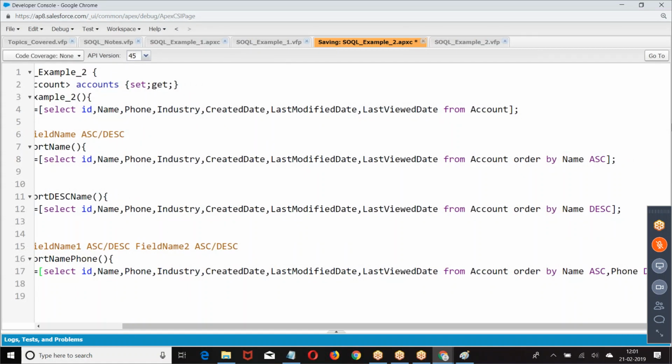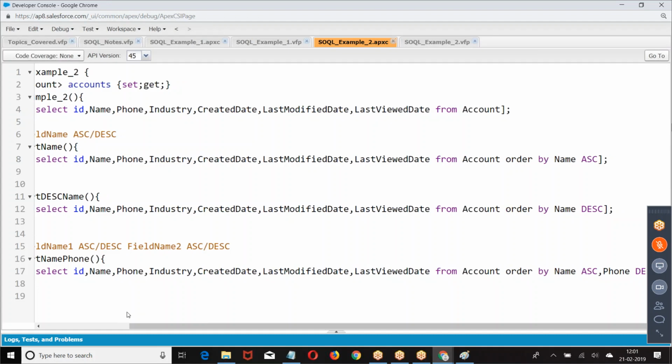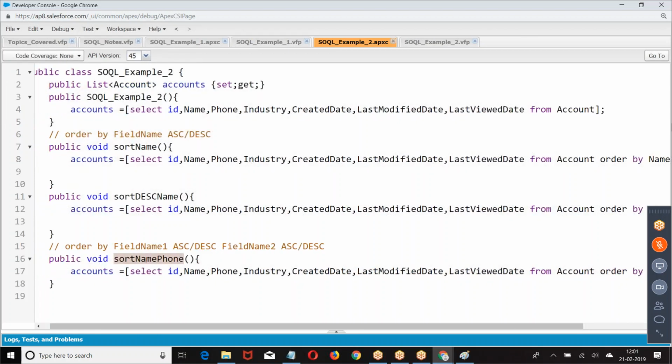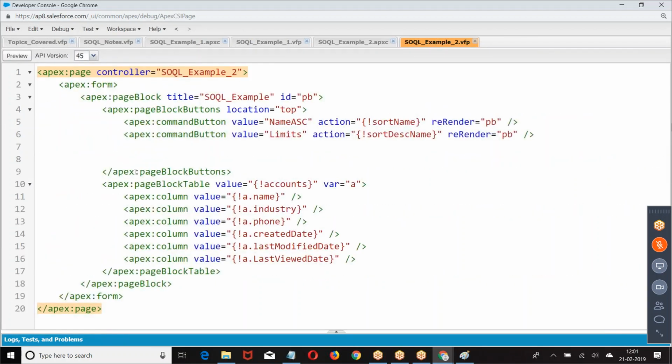So I want to say order by name, ascending order, phone, descending order. We are trying to order based on two fields. Ascending order, descending order. So we can sort the data based on multiple fields.